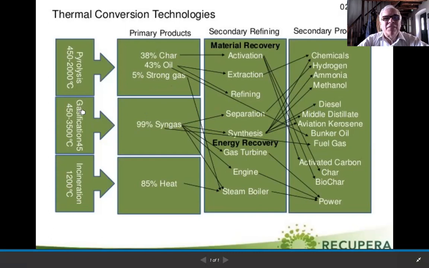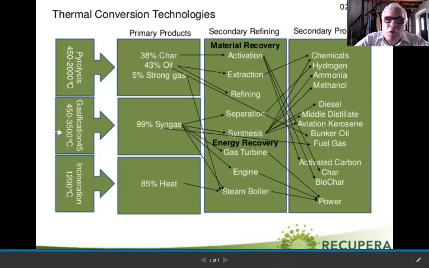Syngas is something else, as I've just explained. If you do gasification, as I said, this here is anoxic, no oxidation, no O, so syngas cannot be formed here in pyrolysis. Gasification, on the other side, is an oxidation process, a limited oxidation. We call it, in chemistry, under-stoichiometric oxidation. You do not completely oxidize. If you completely oxidize the product, what you have is incineration. This is the complete oxidation. Here, you are doing a limited oxidation of the product, and what you obtain is 99%